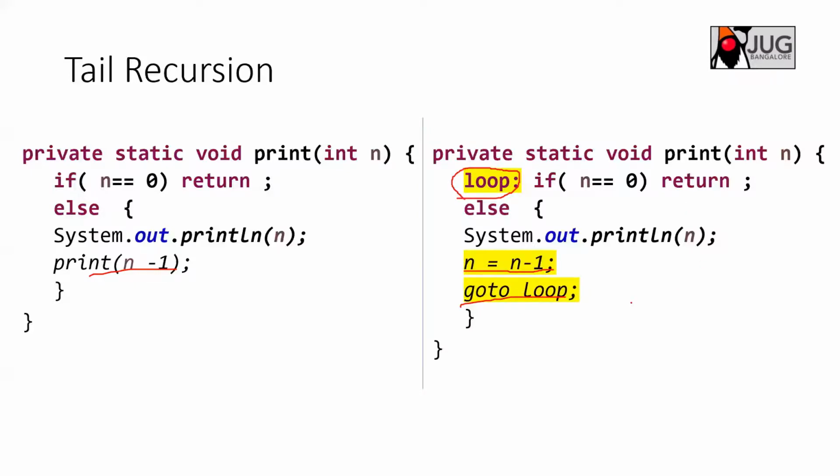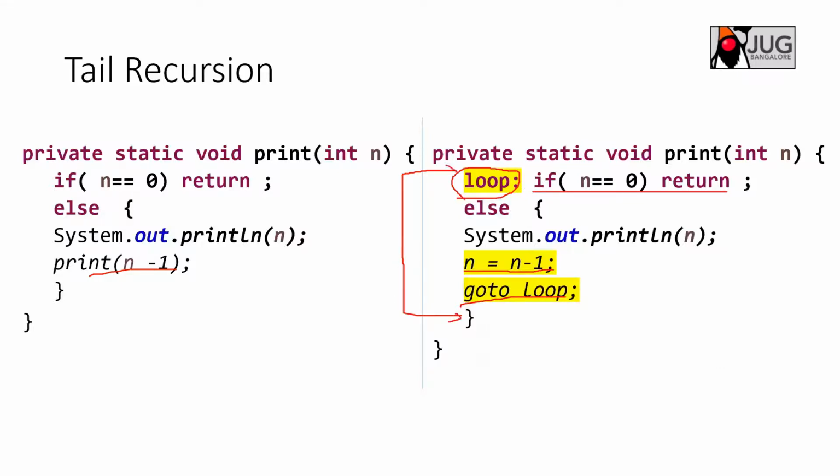For example, if you want to run a dry run, let's say n equal to 4. It calls n equal to 3, and 4 is printed first, then the same function comes back here, checks n is not equal to 0, and prints 3, and then the call for 2 is printed, and the call for 1, 1 is printed, and the call for 0, it checks 0 and just returns. So basically what you are doing here is trying to completely avoid the recursion.